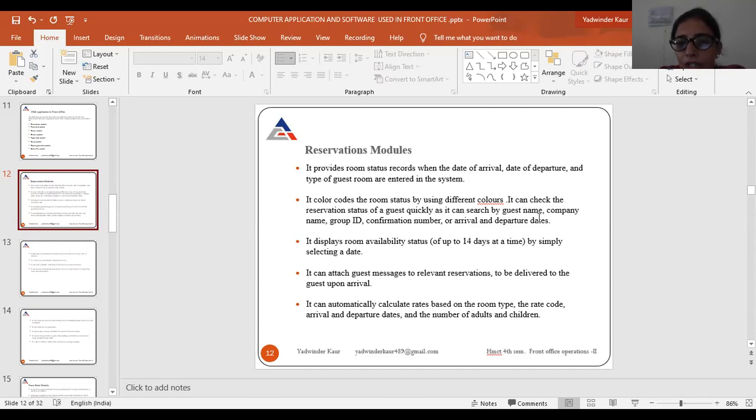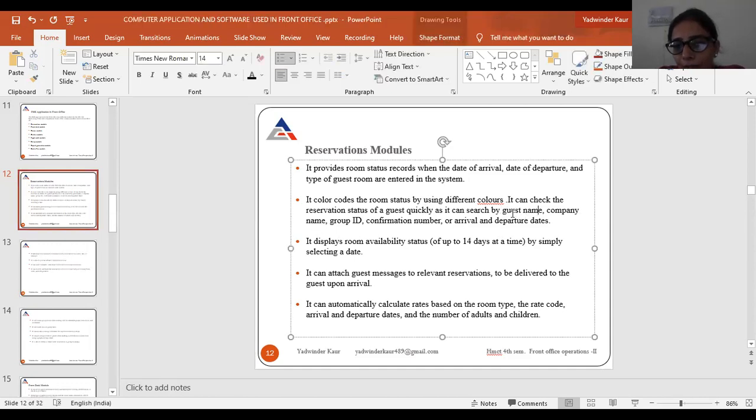Suppose we want to search by the guest name, right? So by the guest name, we can search reservations easily and quickly. Or we can search by the company name, the group ID number, the confirmation number. We have already discussed previously that we get the confirmation number whenever we submit the reservations, right?